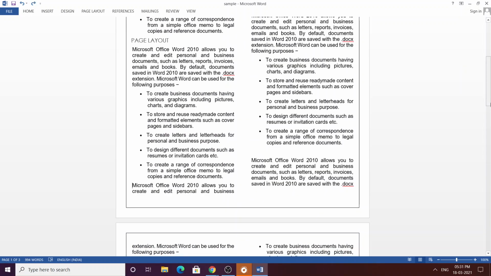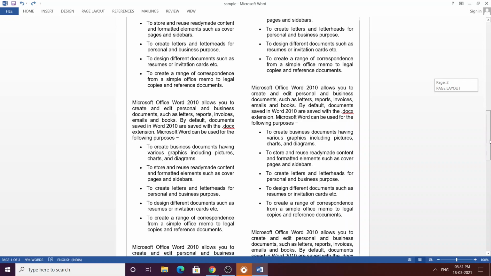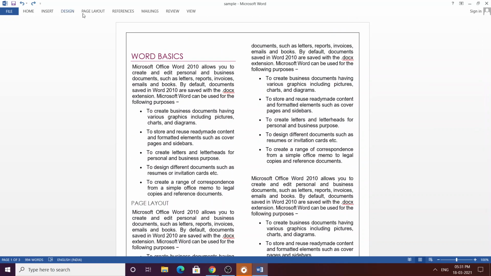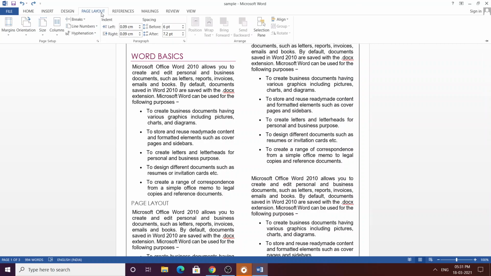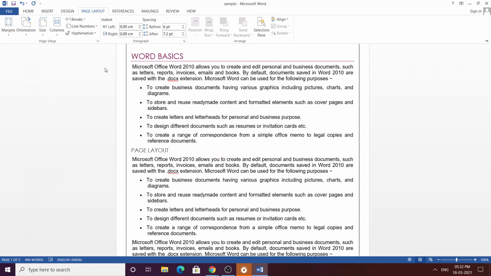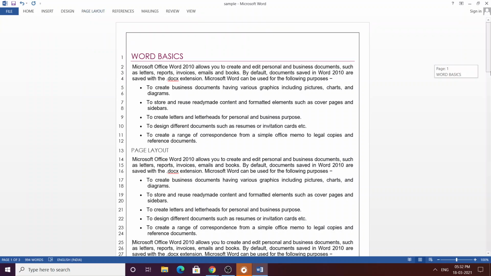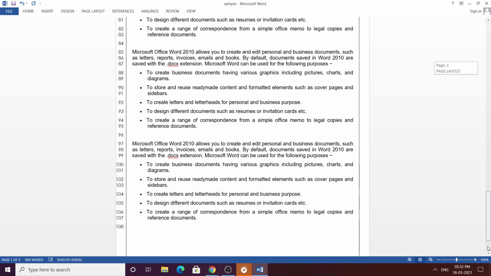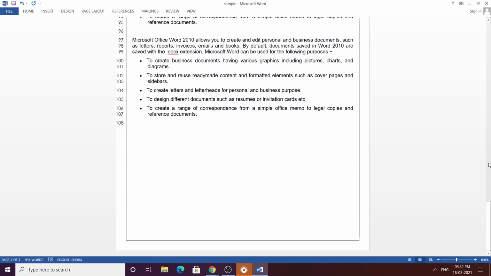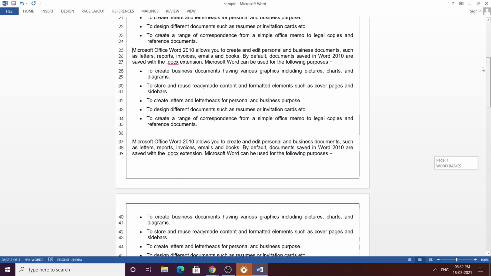For control Z, the changes will be reset to the previous. So the next tab available under the page layout is line numbers and breaks. Breaks is similar to page break, and with line numbers we can give numbers to the whole document. If you give continuous, you could see that the numbers have been given to the whole document, starting from page 1 to page 3, so that the number of lines we could count.